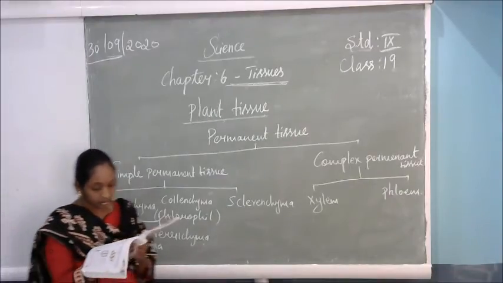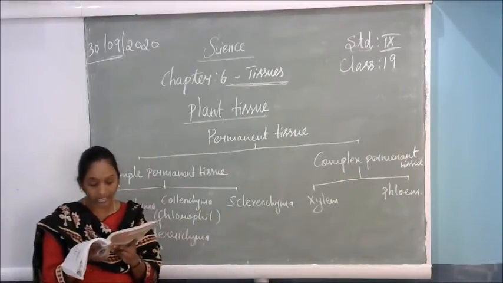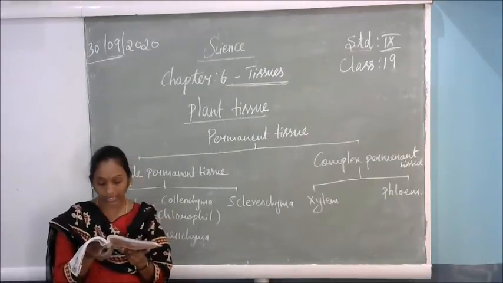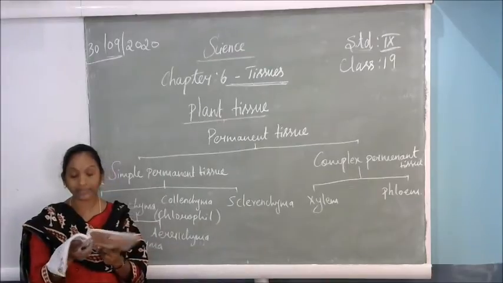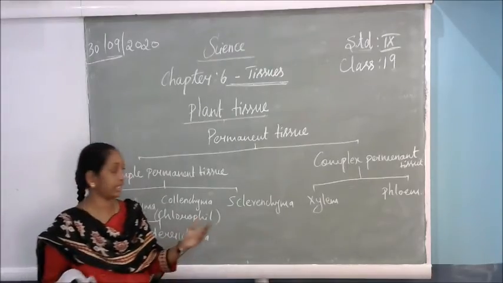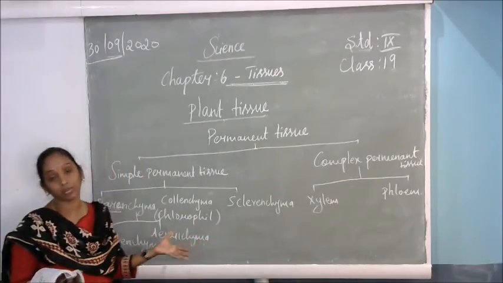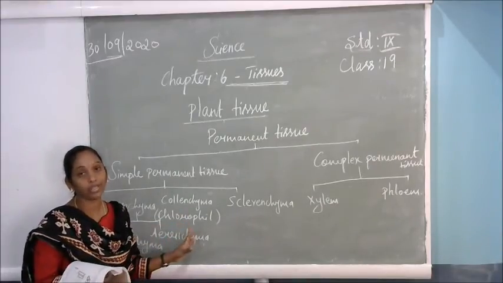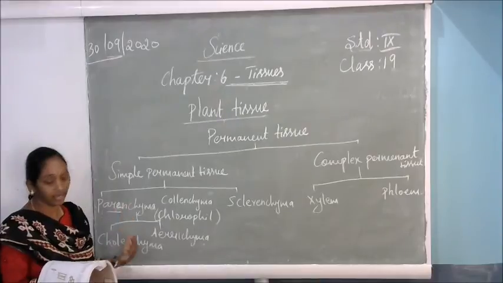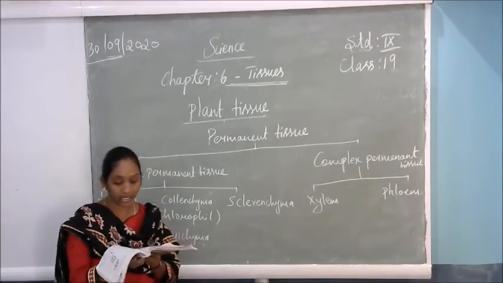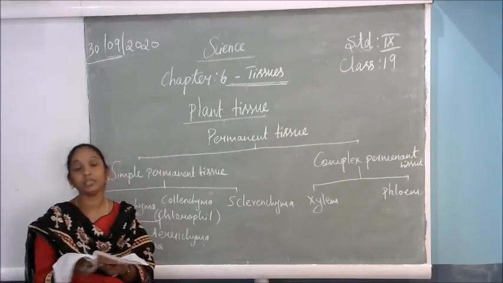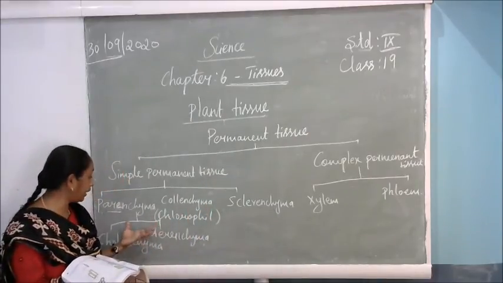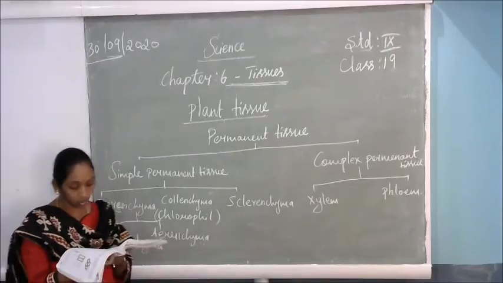In aquatic plants, large air cavities are present in the parenchyma to give buoyancy to the plant and help them float. Aquatic plants means water plants, for example lotus and lily. They can float on the water. How? Because of this parenchyma. This type of tissue helps plants like the lotus and the lily to float in the water.